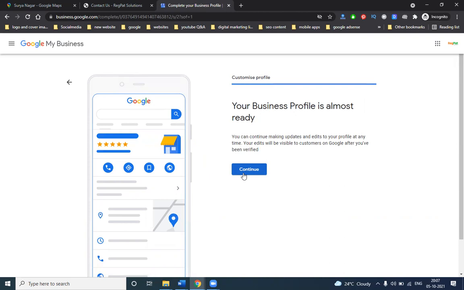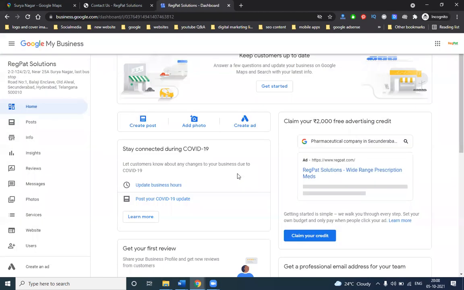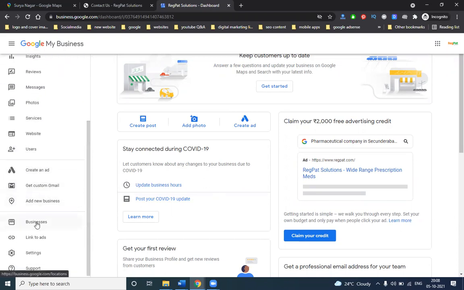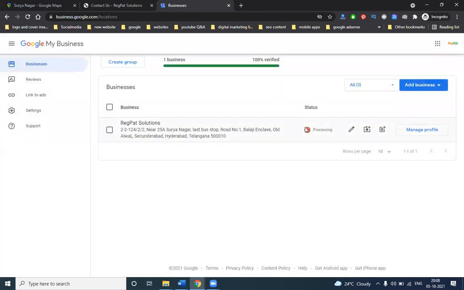Your business will be verified with your phone number. Verify with your phone number option. So that is called click for continue. So now your business will be successfully verified in your particular option. But here they will take some time for verification, some time for processing. The processing depends on when the location is successfully done, and they will accept your particular map.